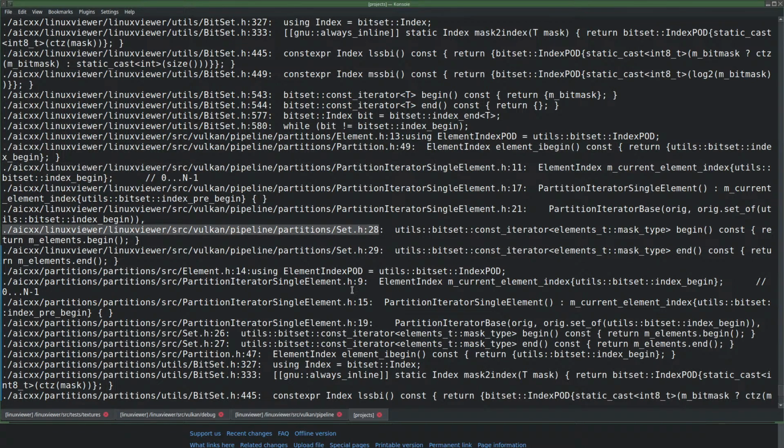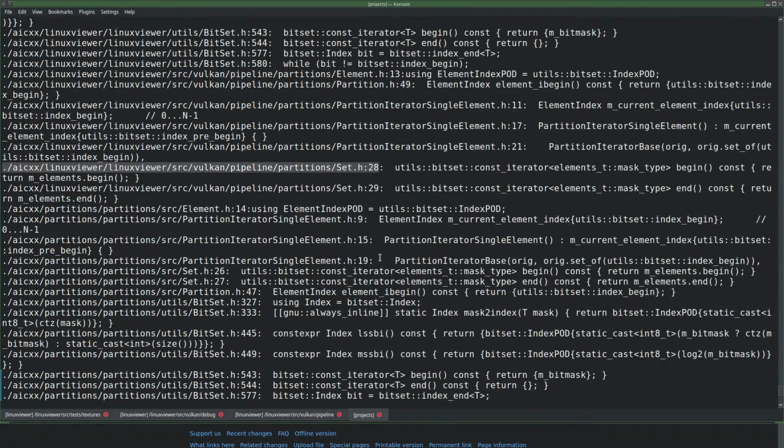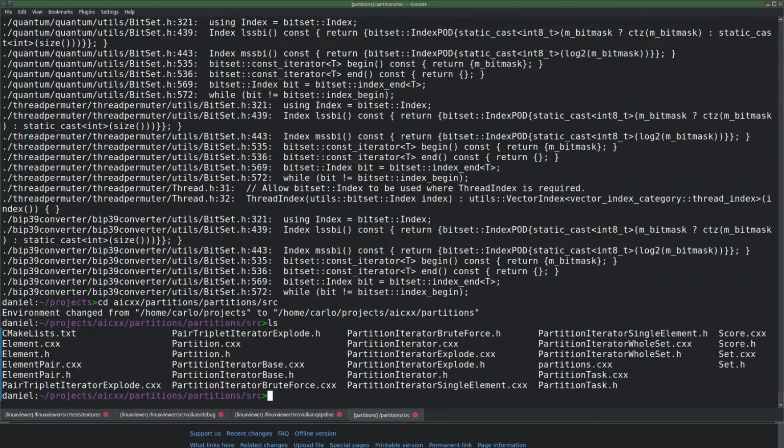Let's have a look at this then. Yeah, let's try that one. So somewhere in here we are using bitset.